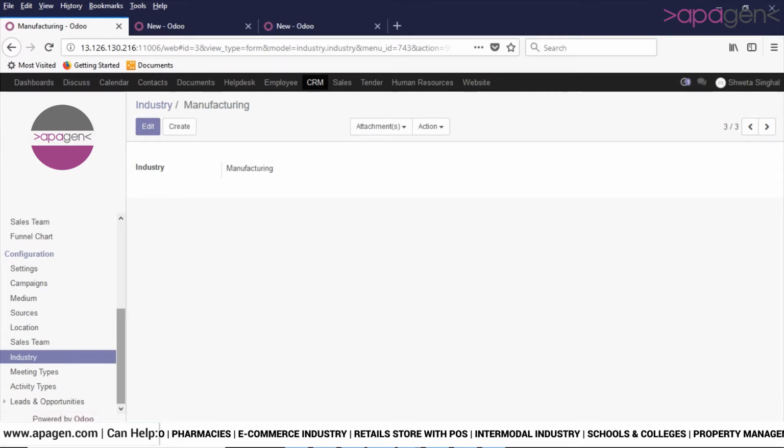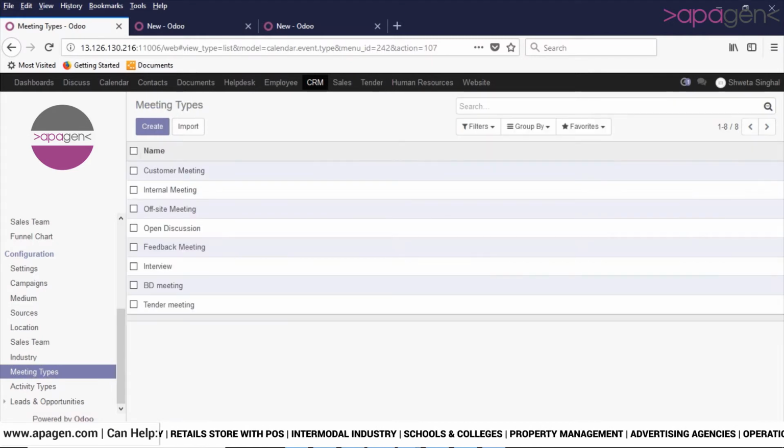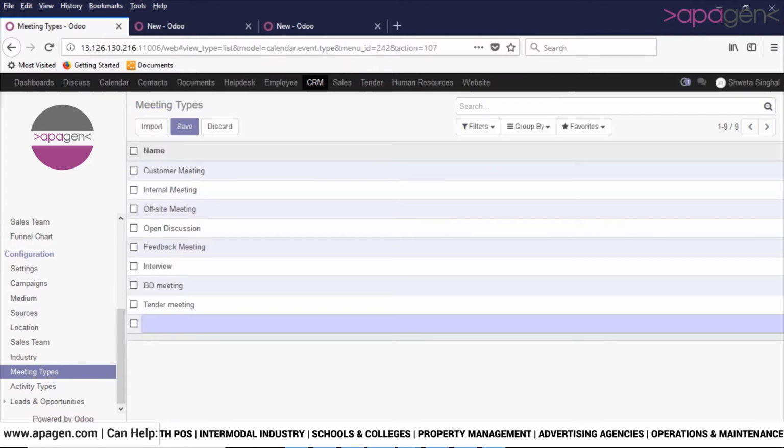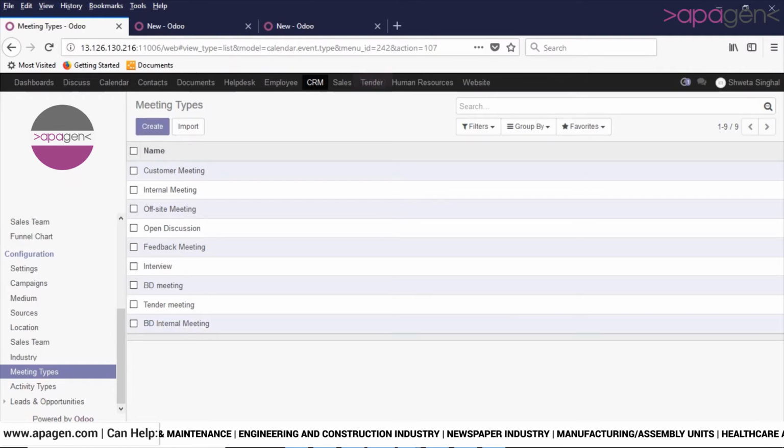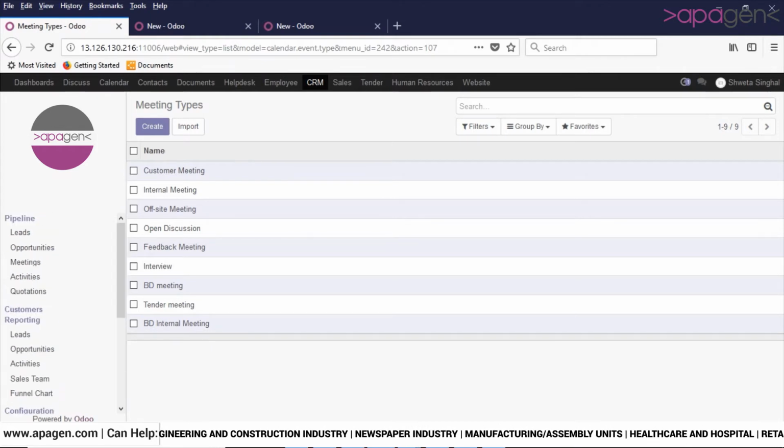Now in meeting types, you will be able to create different meeting types. For example, here I am creating the meeting type as BD internal meeting. The meeting types that you configure here, you will be able to see in meetings.